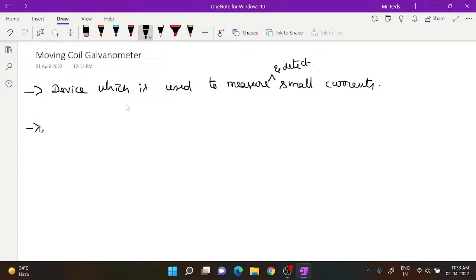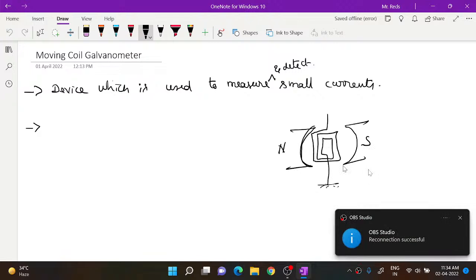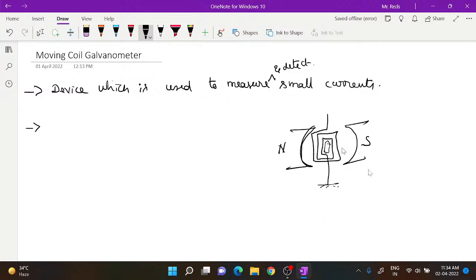So usually I will give you a diagram of the moving coil galvanometer. What it consists of: the coil, which is why it is named moving coil, and we'll use a soft iron core here, of course. On this, the wire will be wound, and when a current is passed through it, because of